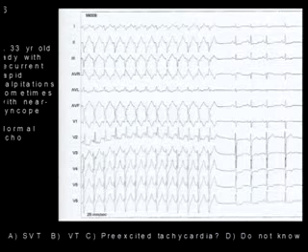Okay. So this is a young lady with recurrent rapid palpitations and sometimes near syncope. Normal echo. Question number 8. So you have the arrhythmia on the left and the sinus rhythm on the right. So A, SVT, B, VT, C is pre-excited tachycardia, and D, of course, you can poll.